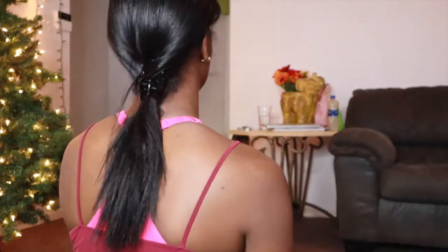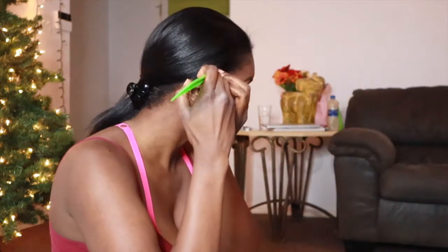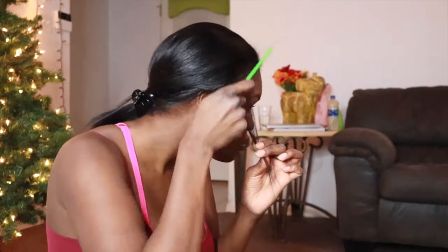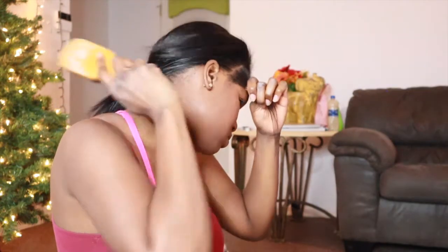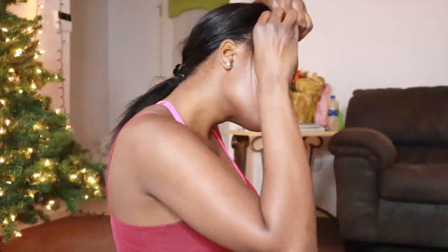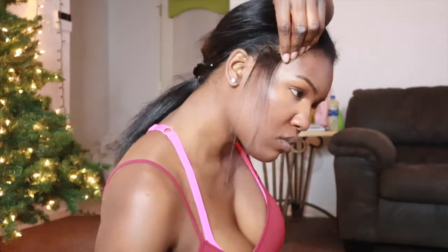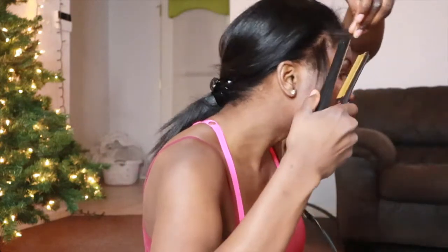So I'm just putting my hair back, and you can just see that I'm separating my edges from the hair that I pulled back. And I usually pull like half an inch forward, so you do see a little bit of the long hair with it, and I do that so I don't burn myself. Now, it was really hard to get this part in the camera because I have to focus on the mirror, and yeah, I should have put the mirror the other way, but